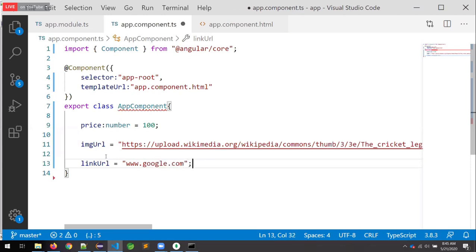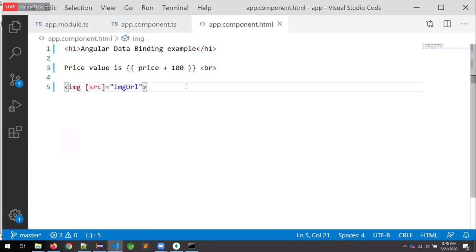Now I am asking the question: how are you going to configure a link in HTML pages? What is the tag I need to write? Anchor tag. In the anchor tag, what is the attribute? The href attribute.